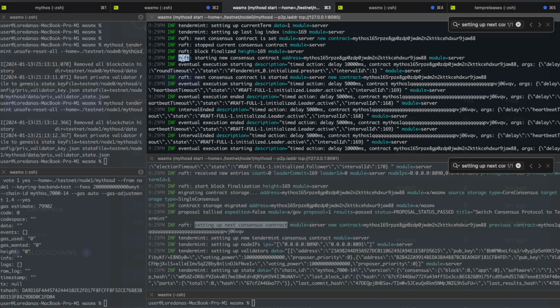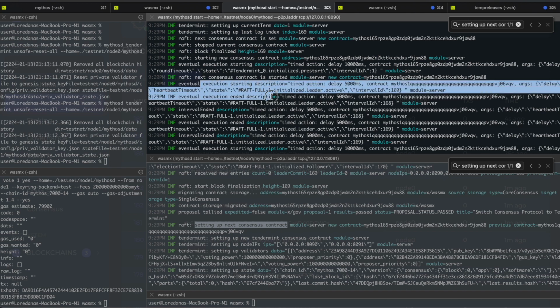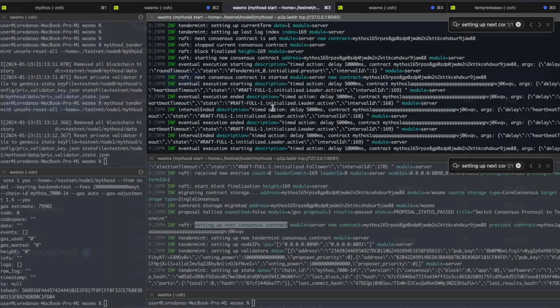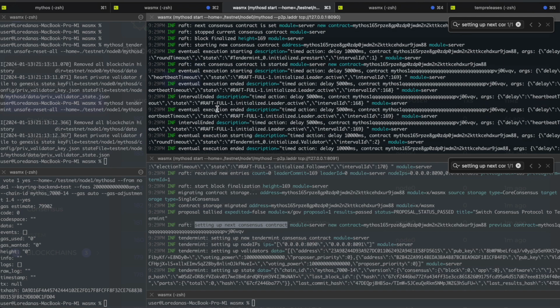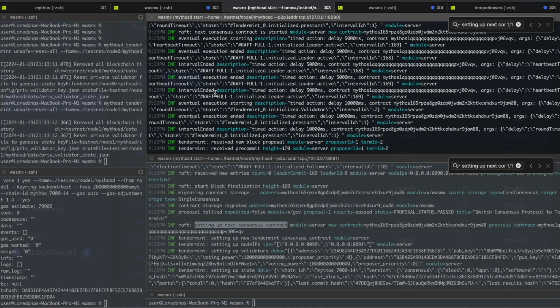Only now we have finalized the block and have committed all the state that was changed. And now we are still in the current consensus contract. So now we are sending the state machine event to the new consensus contract for it to start itself. And here we are in the new contract. We see here Tendermint 0. We have the confirmation that it was started, and we are still in the old consensus contract here because there are still some processes that go on, but they should be stopped because the state has changed, so we can no longer run these processes.